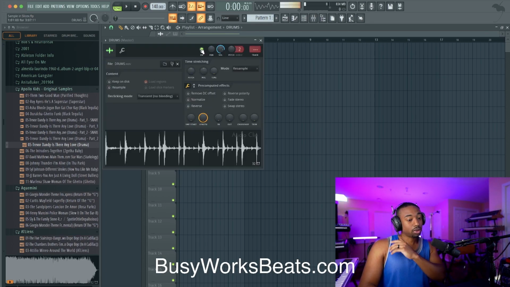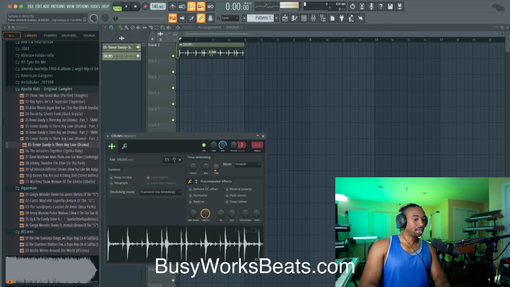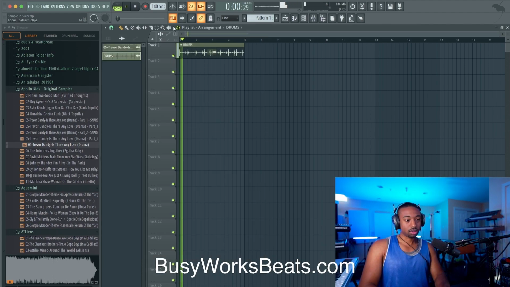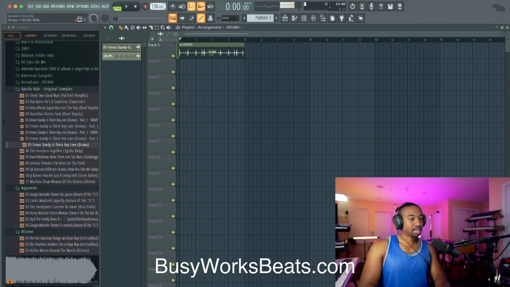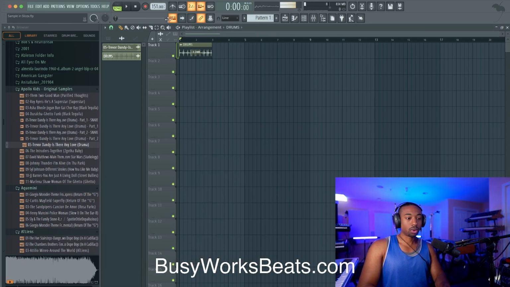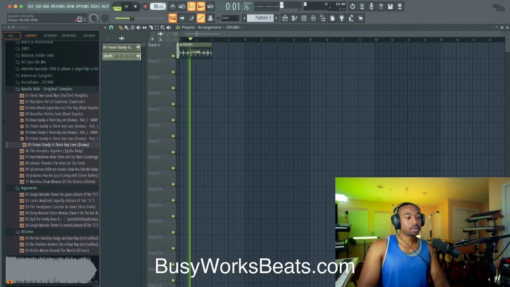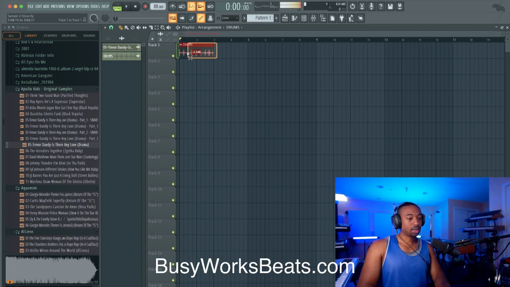Okay, so let's double click mode, switch this to stretch mode, and left click your time knob until it locks into the nearest bar. And now we can change out the BPM. So what I'll do to make this faster is I'll lock it into 2 bars and then lower our BPM. So by default, it's at 140. I like it at 88 BPM. You could highlight this now, hit Control B to latch paste.